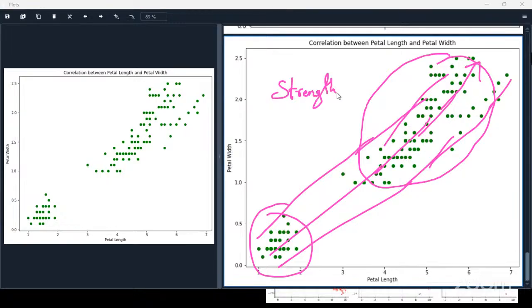Comment on strength. Is it strong, weak, or moderate? What exactly is it? The strength. Is it strong, moderate, or weak?